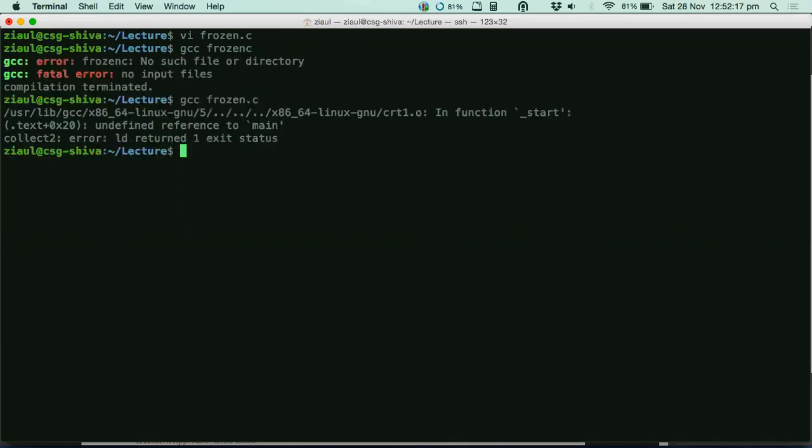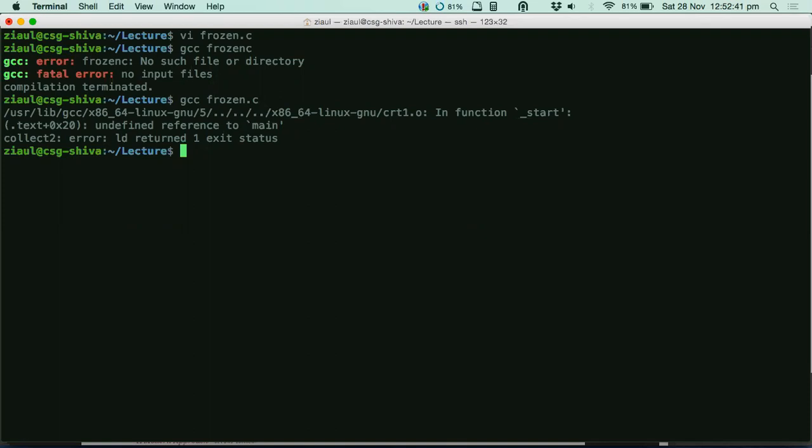See, what happens is you get an error saying there is an undefined reference to main. That means, forget about execution, your compiler reports the error itself. You don't have a starting point for your program to run. That's why it's not going to compile your program either. So that's why main is required.